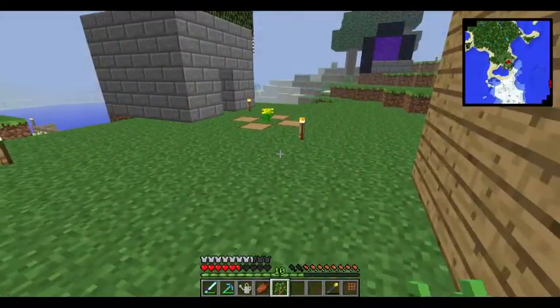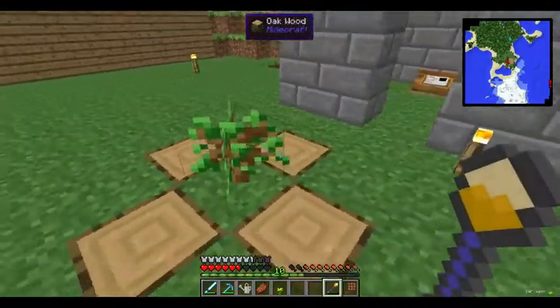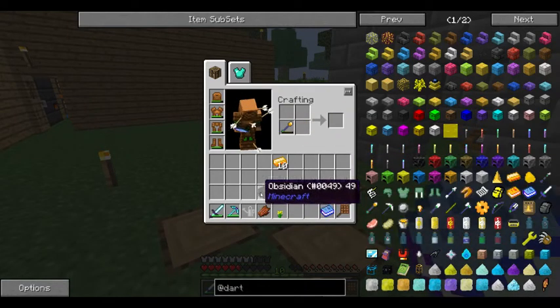What we're gonna do is plant this sapling and right click it with the force rod and it becomes a force sapling. Now we're gonna get an upgrade tome like that, and the last thing we need to do is,